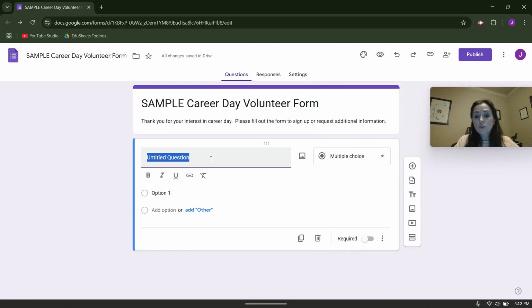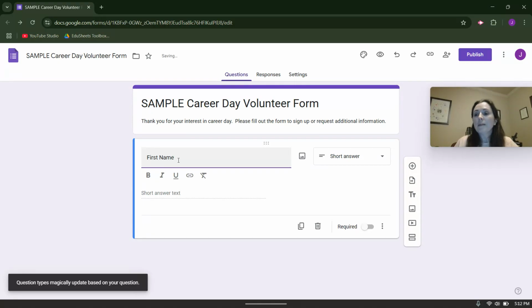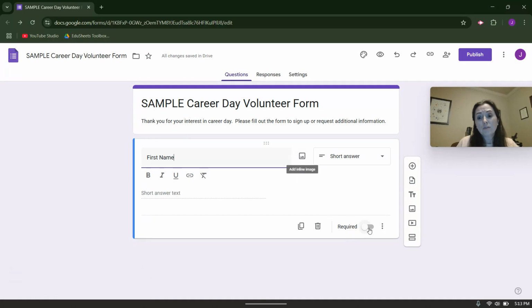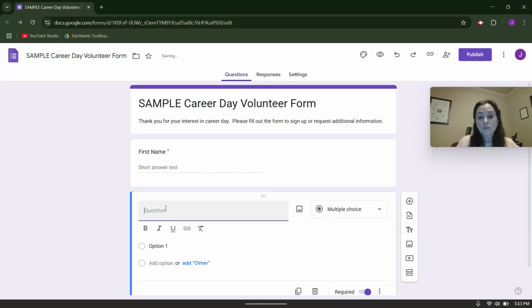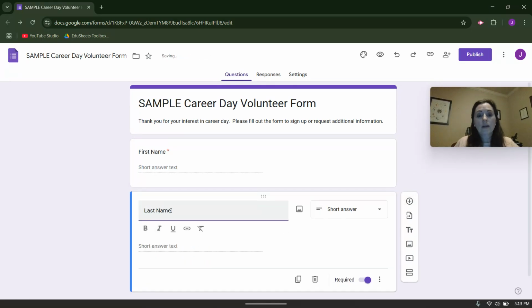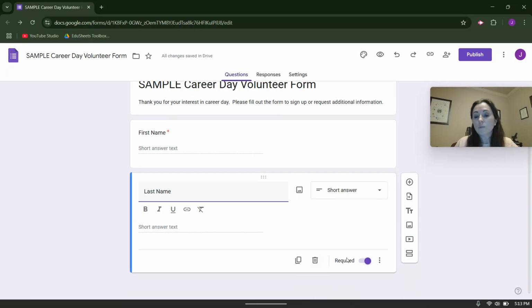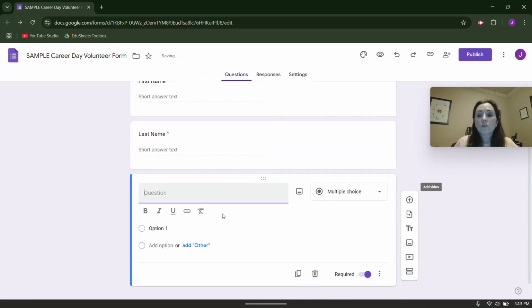So I am going to create a couple. First I'm going to do first name, and Google is really smart. Like it knows if I type in first name, I probably want short answer text, so it changed it for me. I want that to be a required question, like they can't move on without doing it. And then I'm going to add another question. Last name, once again, it's going to stick with required. I'm going to add another question, lesson, and then,